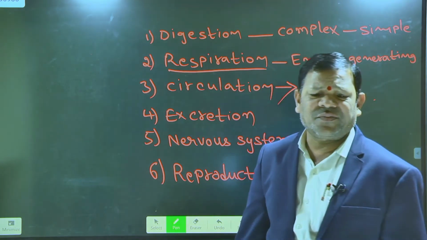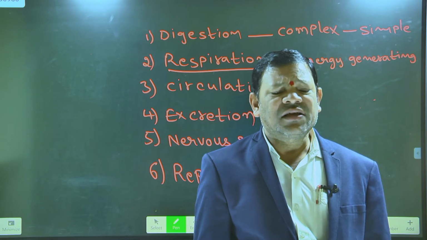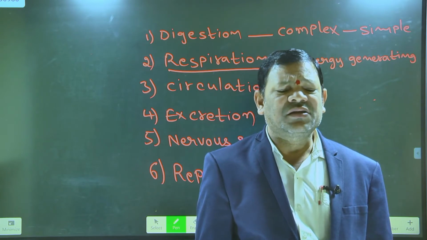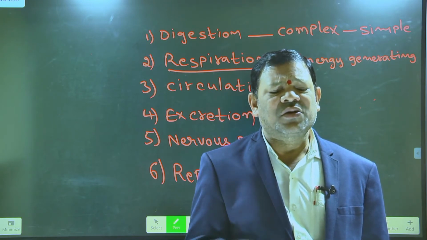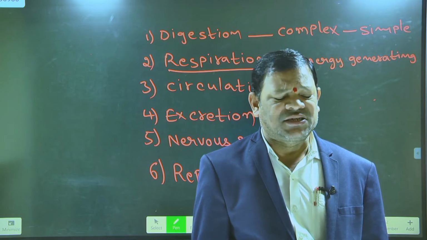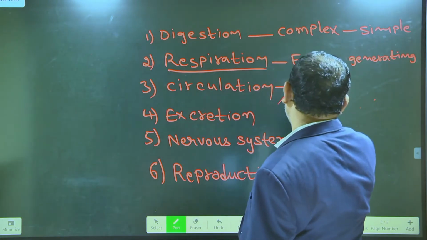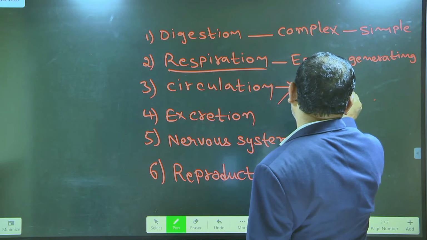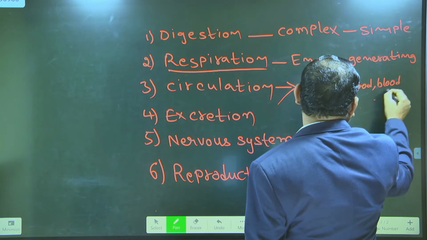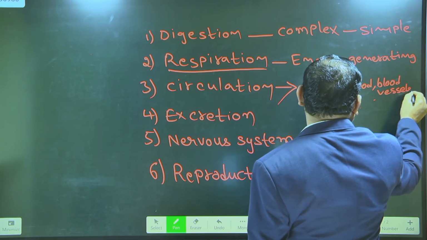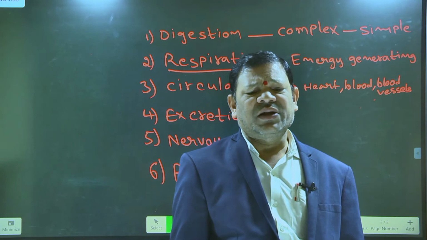And the circulatory system. We can eat solid food, we can drink liquid material, and we can breathe oxygen gas. These are distributed throughout the body with the help of the circulatory system. In our human body, the main important parts of the circulatory system are the heart and blood vessels. The circulatory system is an important life process.